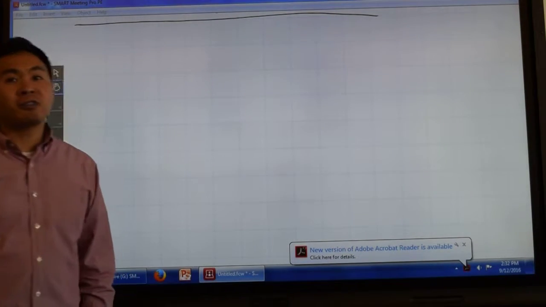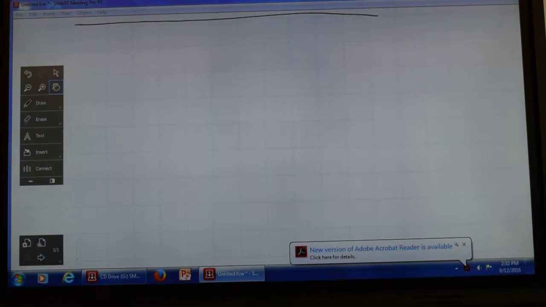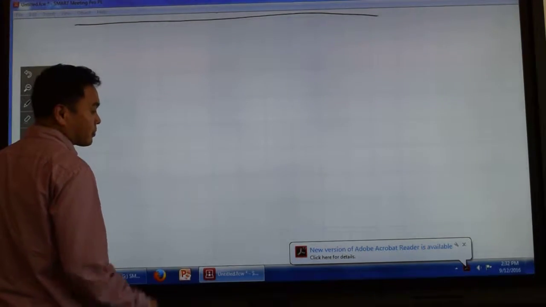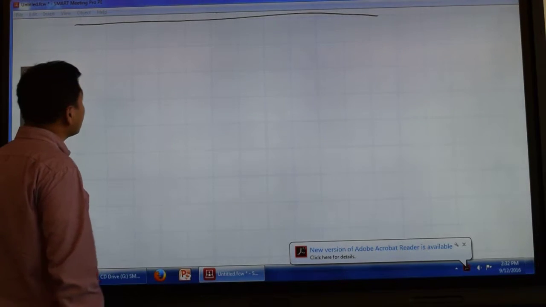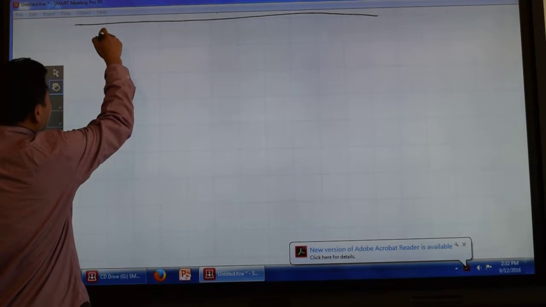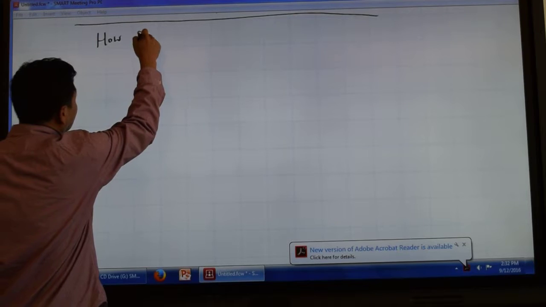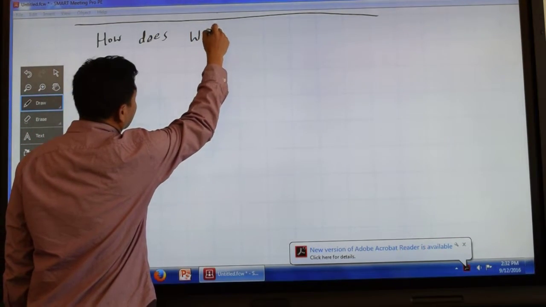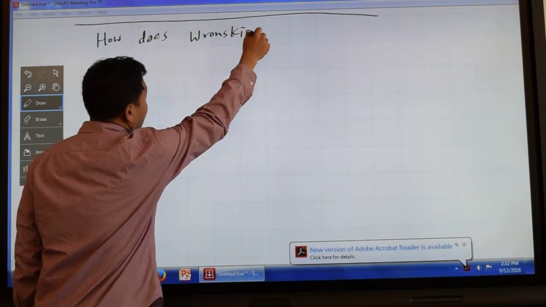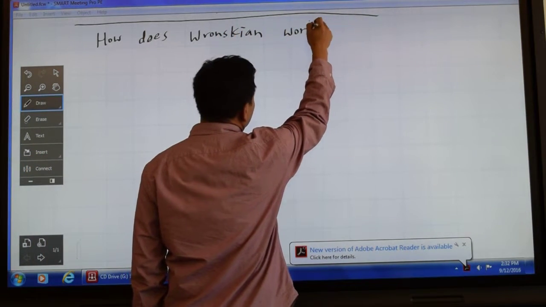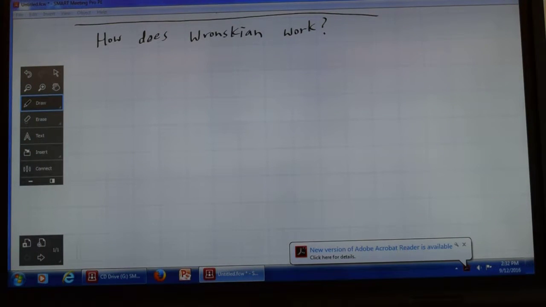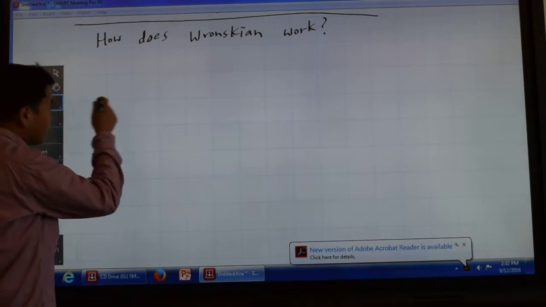So how does the Wronskian work? How does the Wronskian prove that certain things are linearly dependent? So how does the Wronskian work? Okay, so